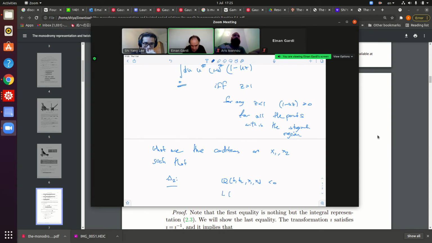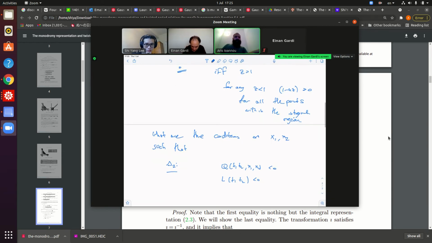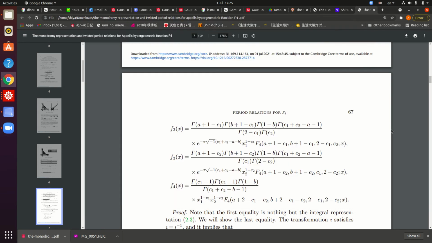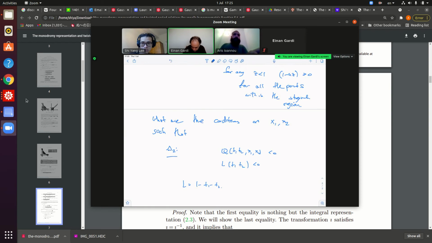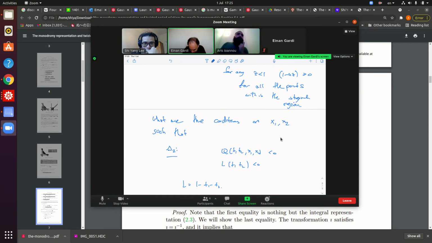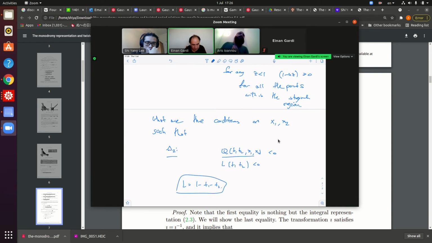L is negative, I think. Remember, L is 1 minus T1 minus T2, so L is negative. Why is L negative? Because it's above the L line. I thought L is 1 minus T1 minus T2. Correct. So if I go for large T1, then L is negative. True. So I think L is negative and Q is negative because we just said that above this line Q,